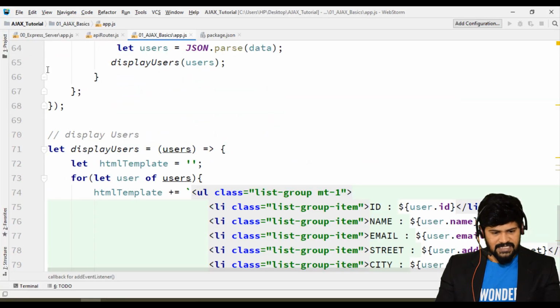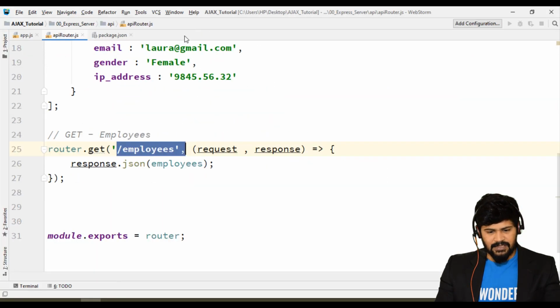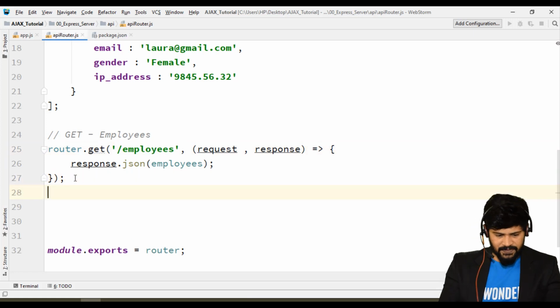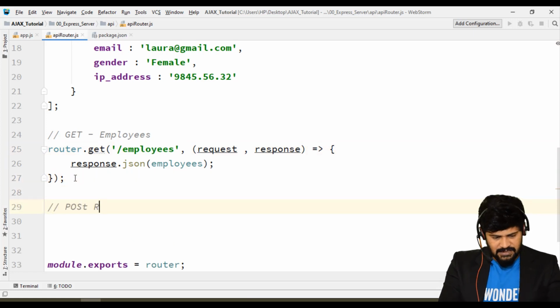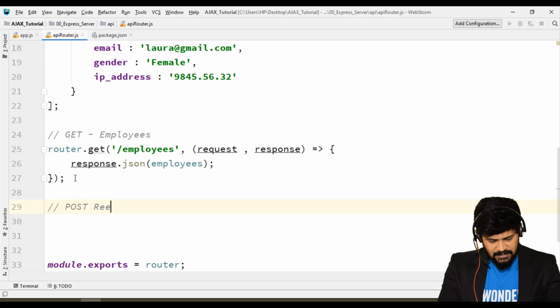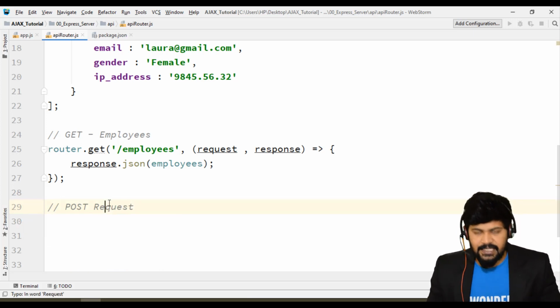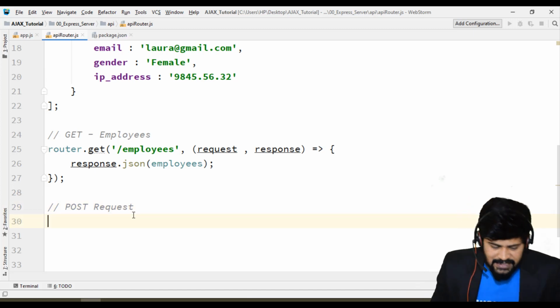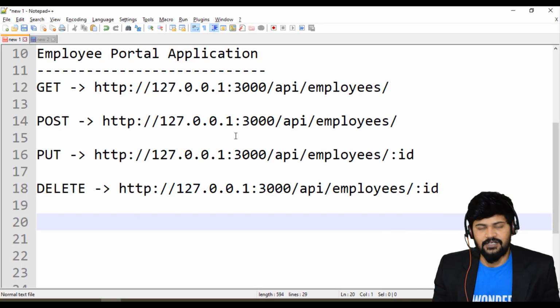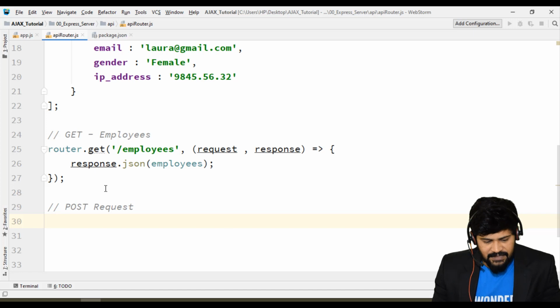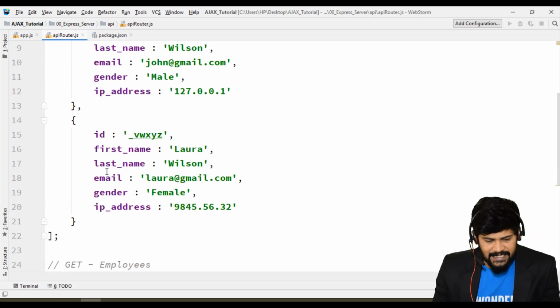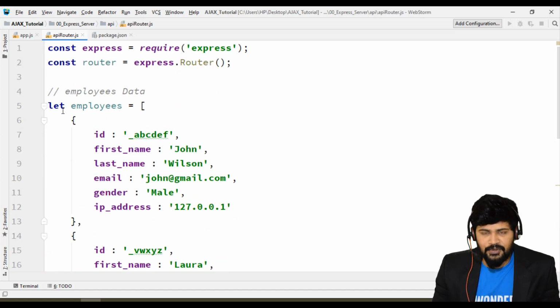Here what I do is go back to the router. A POST request is actually to create a new employee. What this means is on the client side you'll have a form submission. That form we have to accept and insert a new record, or new object, into the existing employees array.